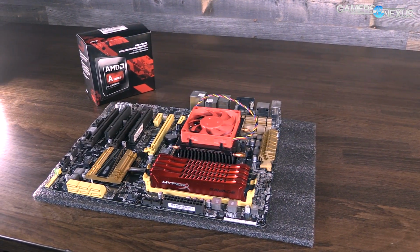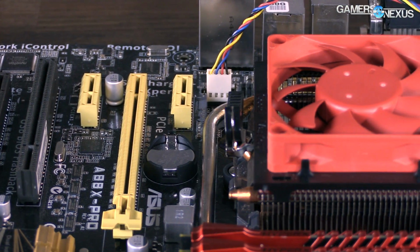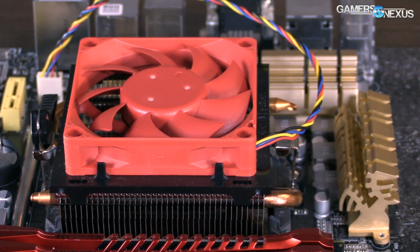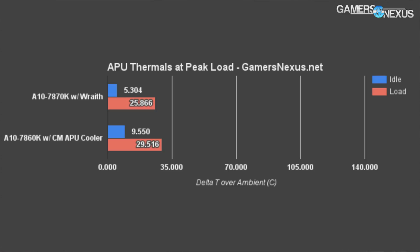And so we're looking at the performance as boxed, meaning when you get the product with the cooler that is in the box, how does it actually perform comparatively between the 7870K and the 7860K with the smaller Cooler Master cooler versus the 7870K with the Wraith cooler. Equilibrium results show the Wraith to be a significantly more efficient cooler, no big surprise there, and even with the hotter TDP of the 7870K and the higher operating clock, we logged the 7860K with its stock cooler and thermal